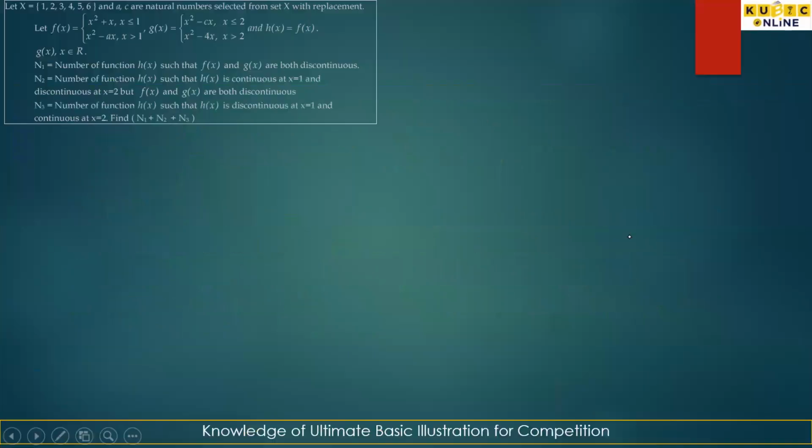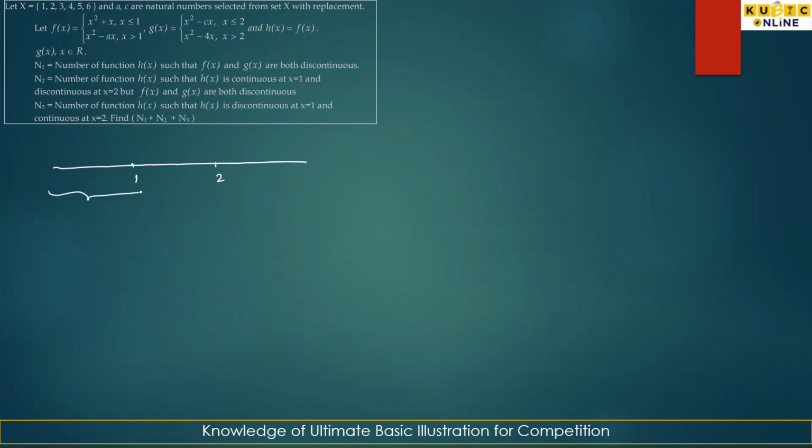Let's begin. Here we have f(x) and g(x), and then we have to find the function h(x). To determine h(x), let us say that this is 1 and this is 2.